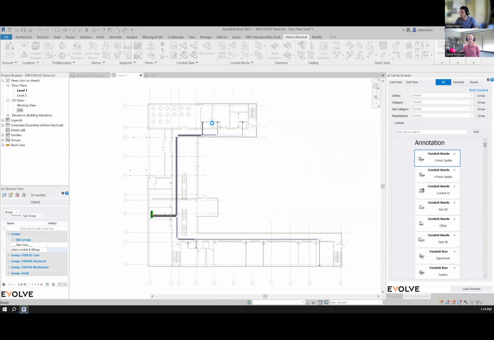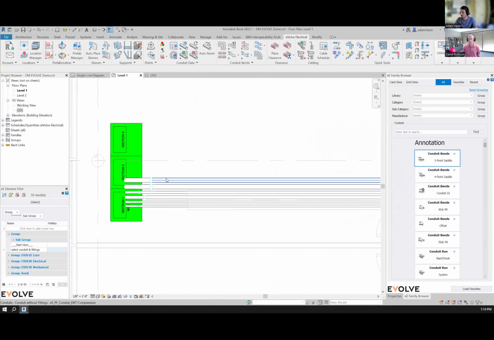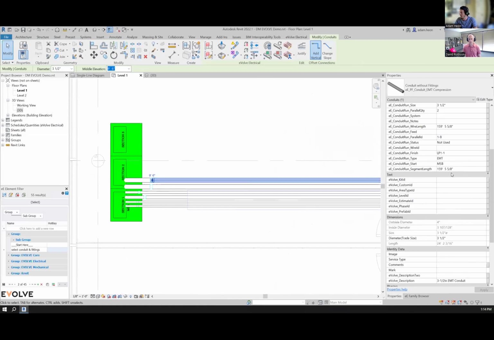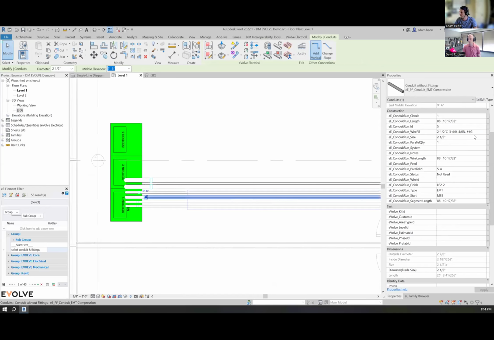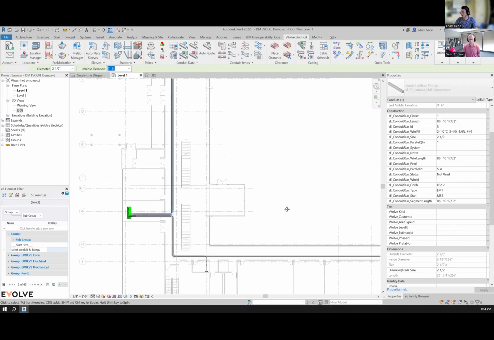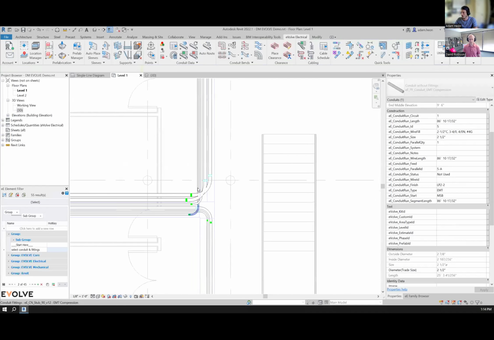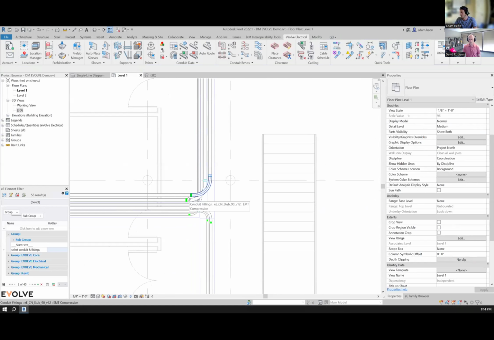So I have all my equipment placed where I think I want it. I have my pathway going down these corridors. And now with auto routing, you can see all my conduits have been labeled, sized with all the run data here. Now you'll see there's some crisscrossing here, right? This is going to go to the next phase of